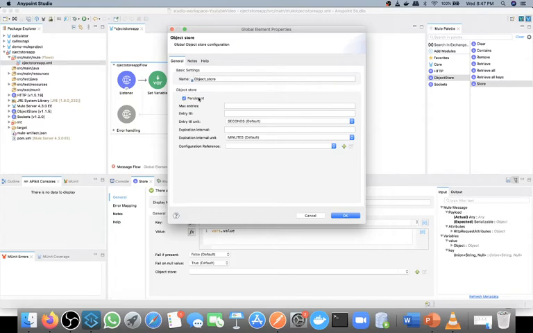If we uncheck this, then we are storing inside RAM, so once we restart our application, all our key value pairs will be lost. Maximum entries: for now I am taking 100, so at most we can store 100 key value pairs. Then entry TTL means how long my key value pair will stay in object store. I am setting this as 15 minutes.